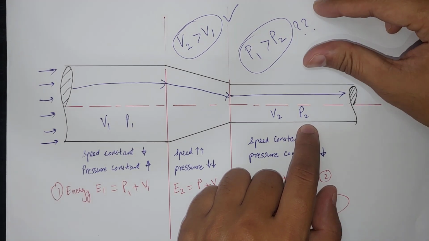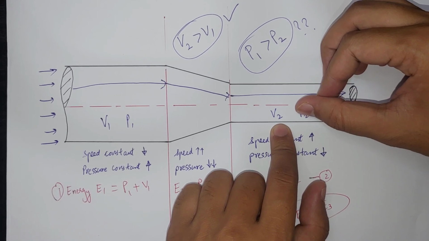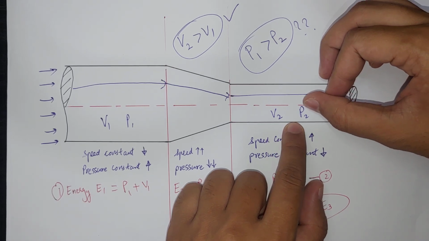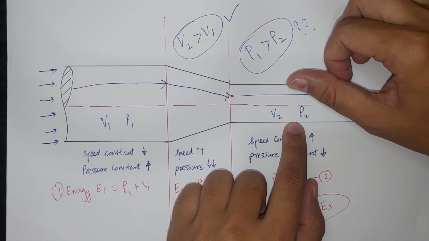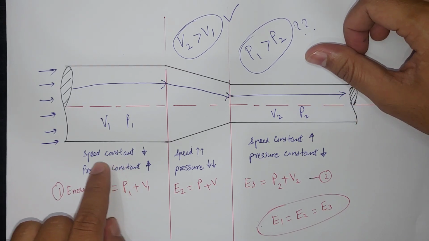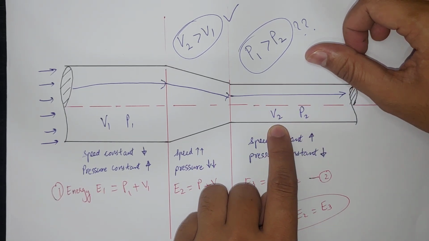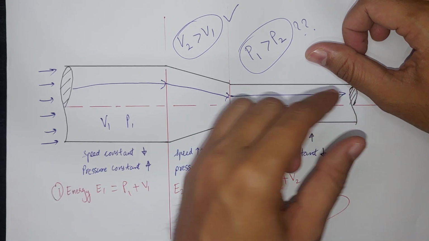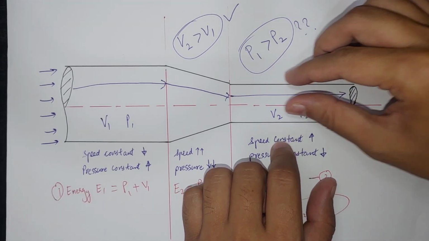But we cannot get the feel of why, with a much higher velocity, we are having a low pressure, and if we are standing here, why we are feeling more pressure and getting the feel that the pressure should be more in this section. So we all know that the speed is constant in this section as well as in this section, and the speed is more in this section because of the less cross section. So the fluid coming in this side has to accommodate in this pipe as per the volume, so it should get faster